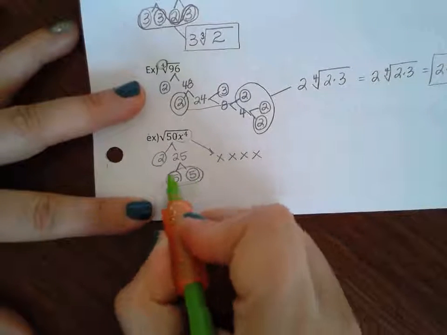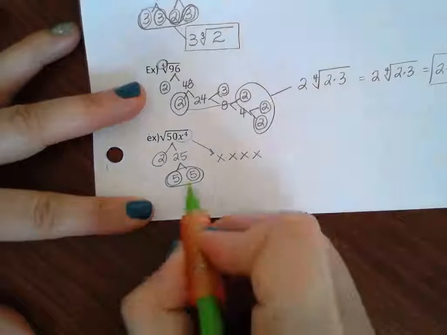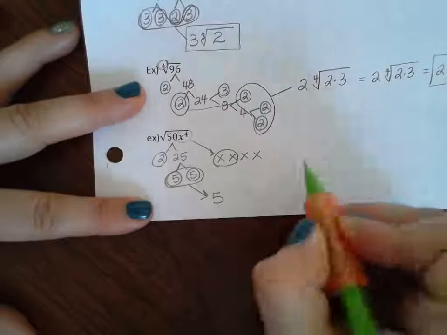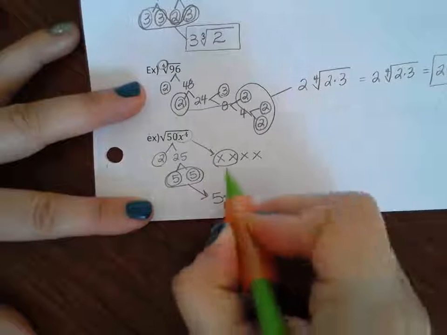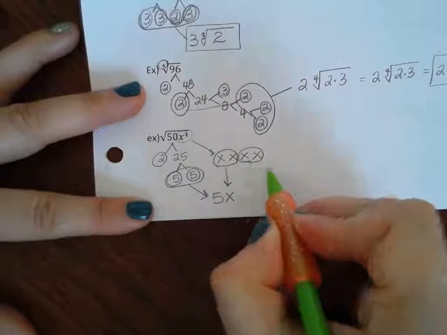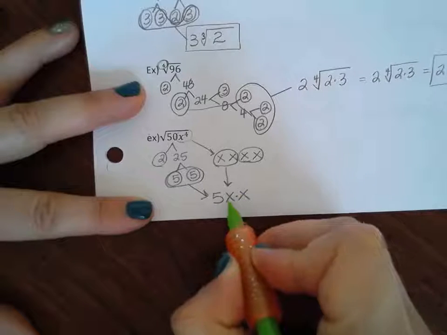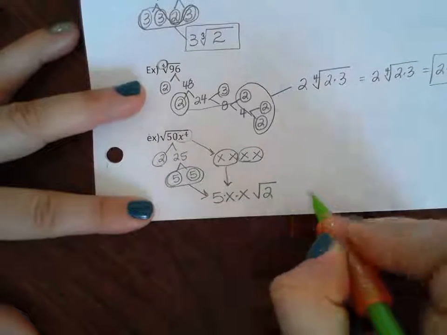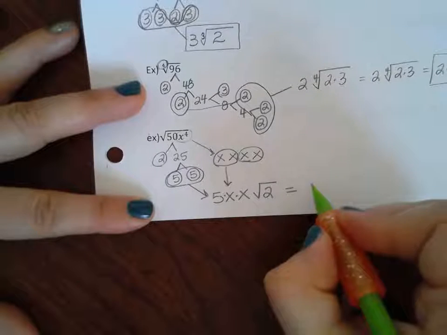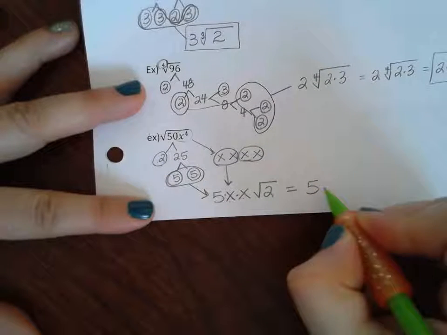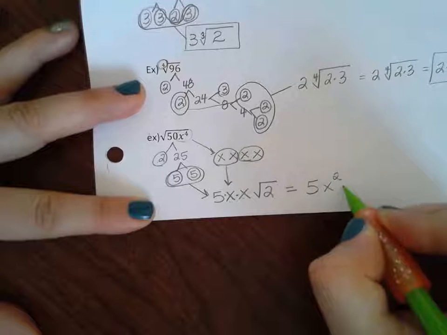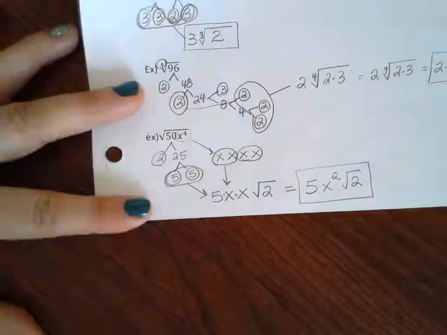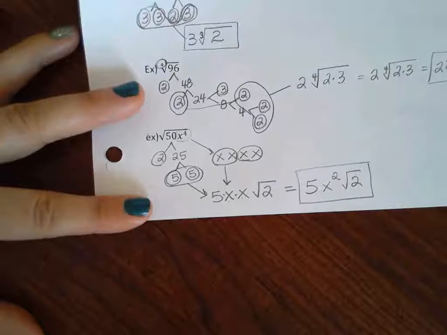So here's a group of 2 5s. One of them comes out. We have a group of 2 x's. Here's 1 x. Another group of x's. There's another one. And then you have a 2 left over. So we multiply this out. It's actually 5x squared times the square root of 2. Try some of your practice problems and see if you have any